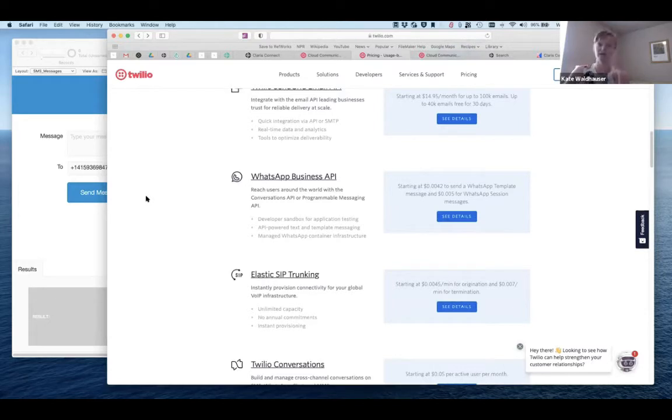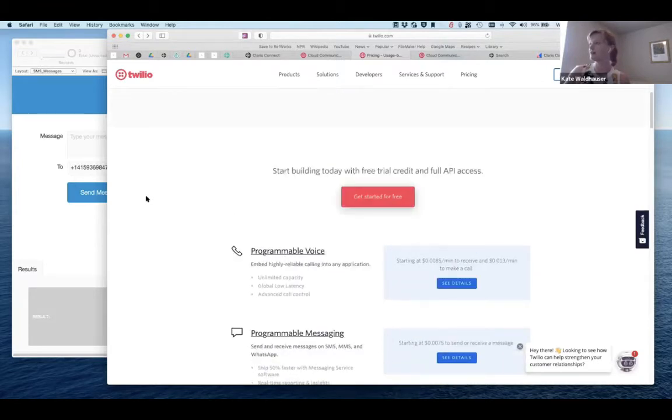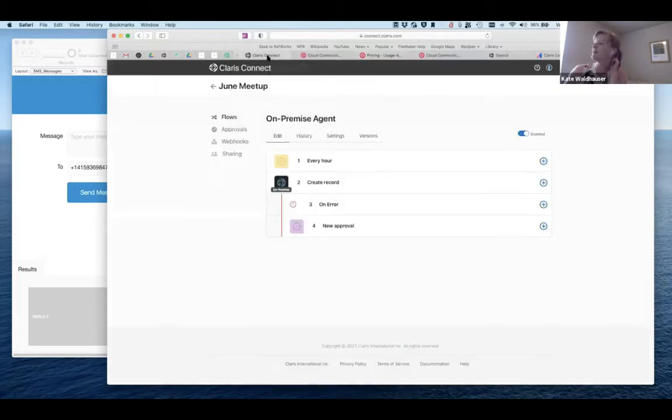There's quite a bit that it can do. But in terms of Claris Connect, I wanted to look at the different connectors, triggers, and actions that we can do strictly in Claris Connect natively.